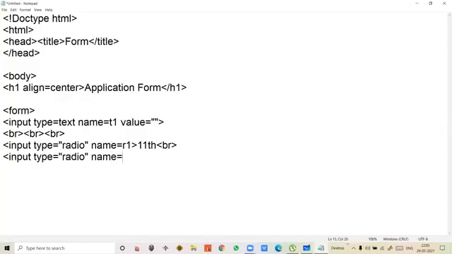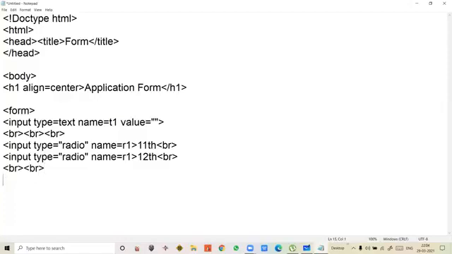Like in other things you have to use the different name, but for radio you have to use the same name, because it will group that, so that any one option is to be selected, otherwise it will select all. Then again give a break, and then I'll just use more breaks, students. Should be very clear so that we can understand what we are doing.